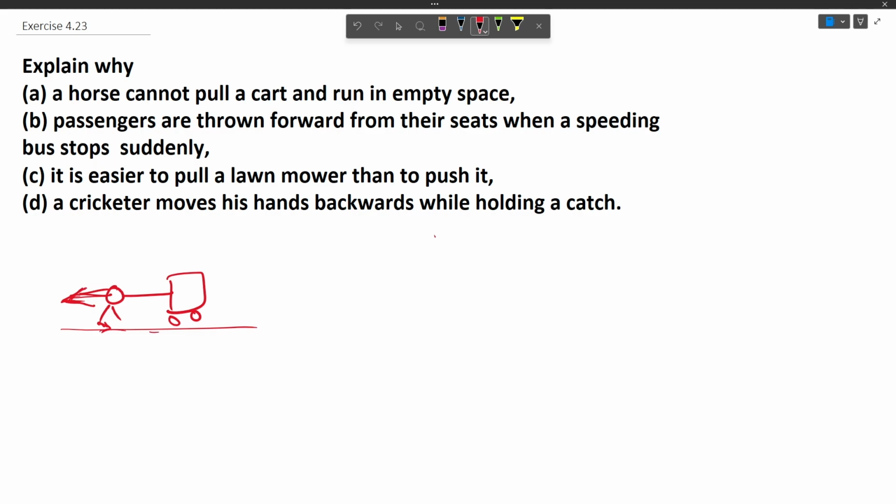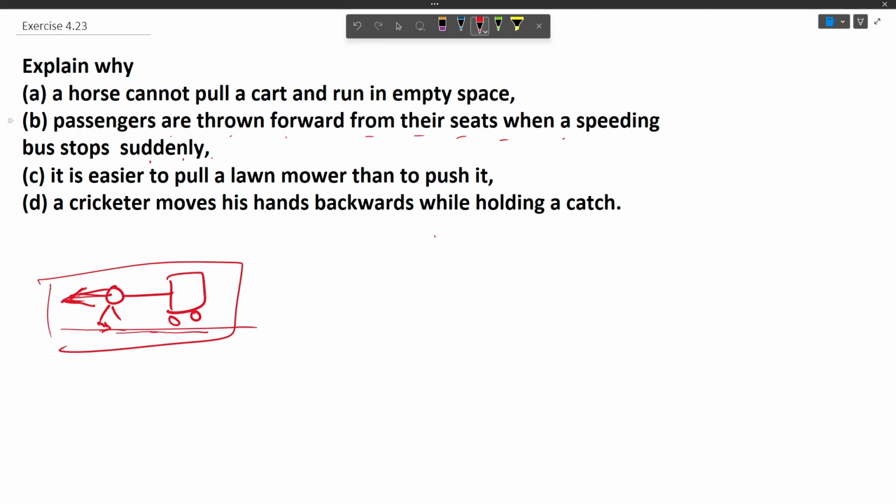Now if the third agent is not there, then there is no reaction upon the hopping of the horse's feet, so there is going to be no motion at all. That explains it. Now in the second question we have: explain why passengers are thrown forward from their seat when a speeding